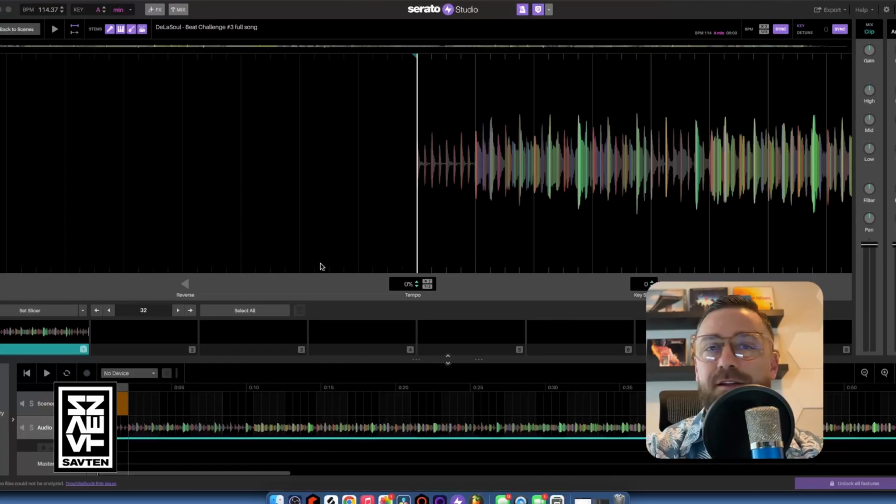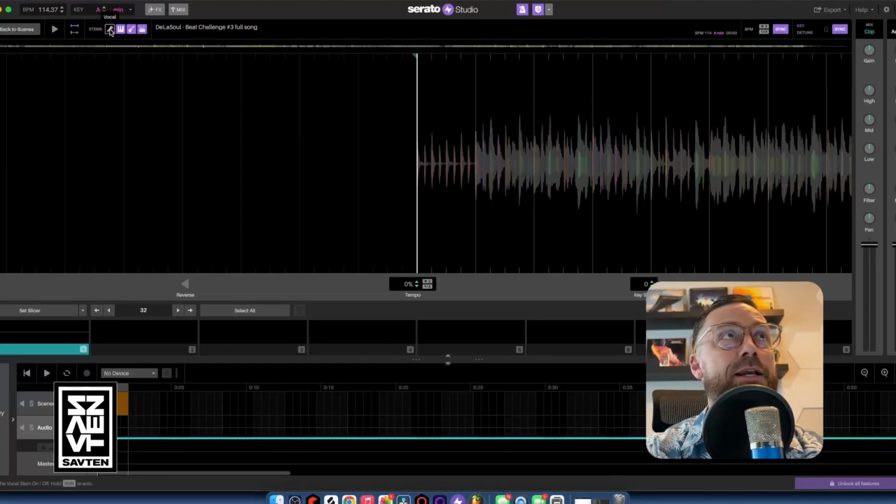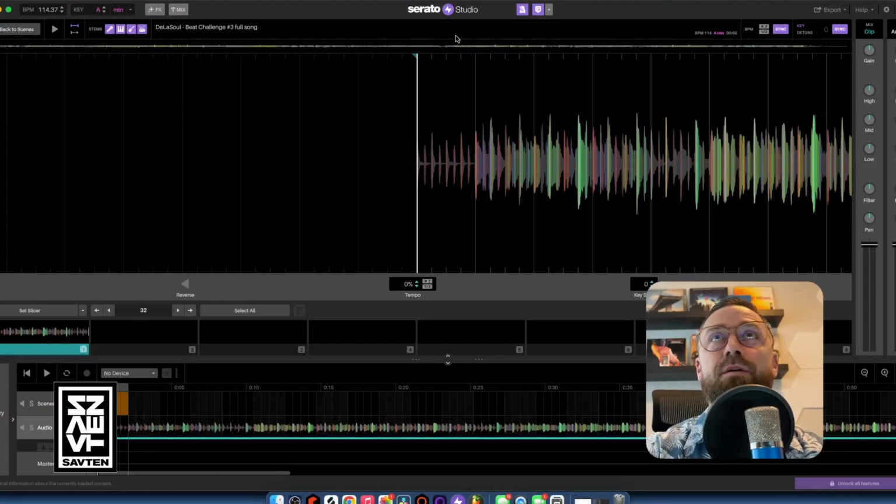All right, for everybody that doesn't know yet, Serato Studio allows you to isolate certain segments of the song. So you can isolate the vocals, you can make an acapella out of it. If you love doing karaoke, this is a good way to rip the instrumental off of it. It does give you some tools here. It shows you the BPM, which is 114 beats per minute. The key is A minor. And after, I don't know, maybe 30 seconds or so, you can start to isolate these instruments separately.